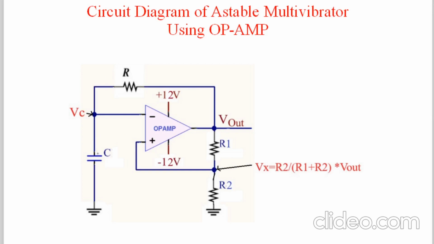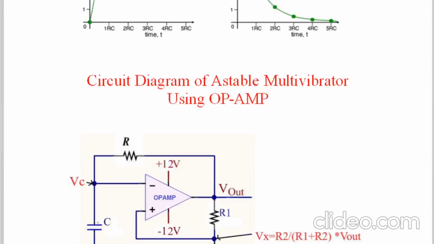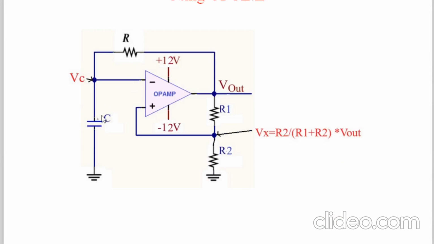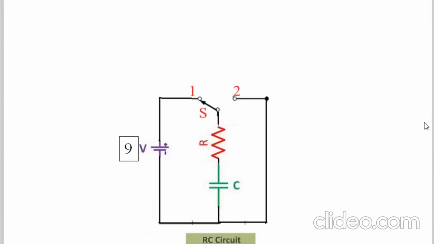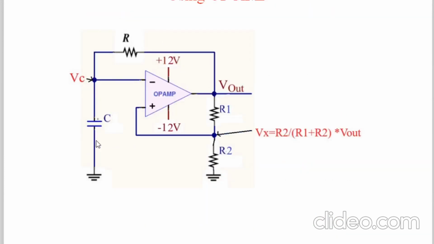Now the only thing is, here R and C were vertical earlier, but now I have taken this R as horizontal because it is used as the feedback resistor of the op amp, here this R, and capacitor is over here, and the junction point where the capacitor starts charging through R, the voltage across capacitor is given to the inverting input pin of the op amp. So VC, the voltage across capacitor, is given to the inverting input terminal of the op amp, and junction of R1 and R2 is connected to the non-inverting input of the op amp. So this circuit diagram is very simple. So you remember the circuit diagram.